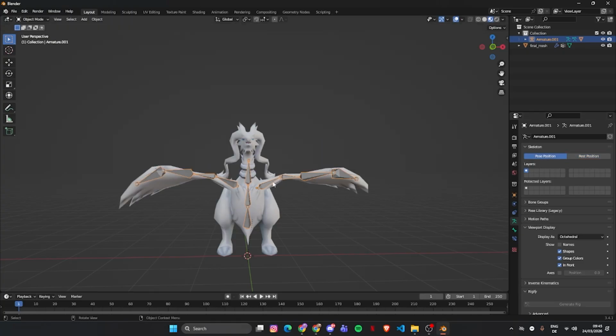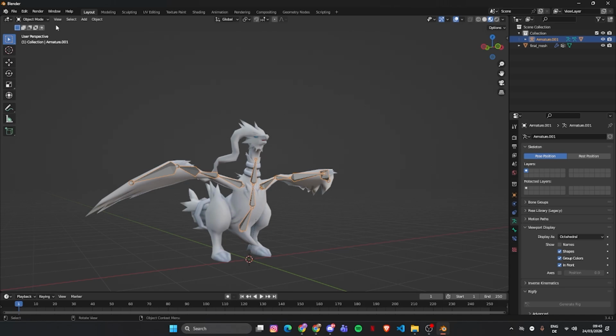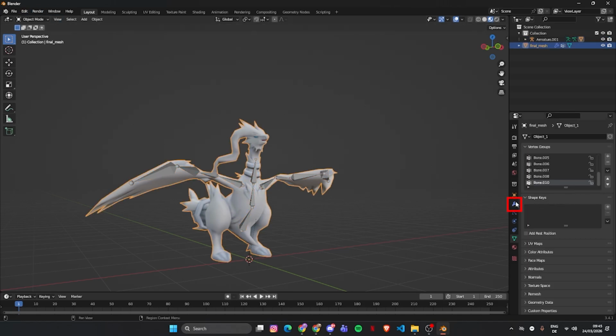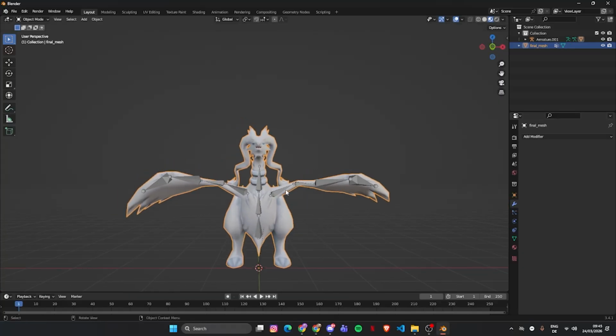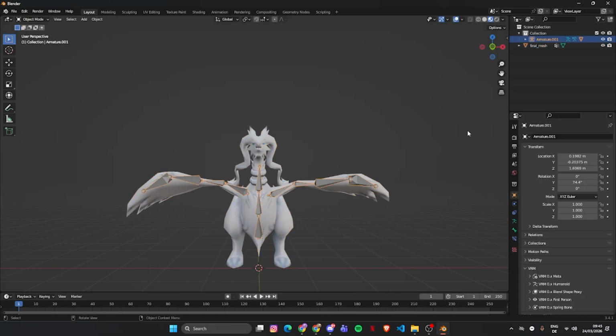So if you wanna export it in the pose position, you're going to go to object mode, click the mesh, and you're going to apply the armature. Alright? And once that armature is applied, we can get down to fixing this problem with the pose.